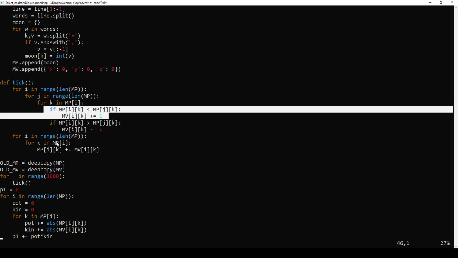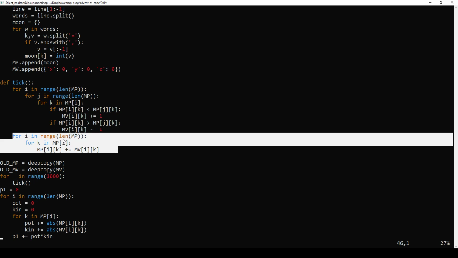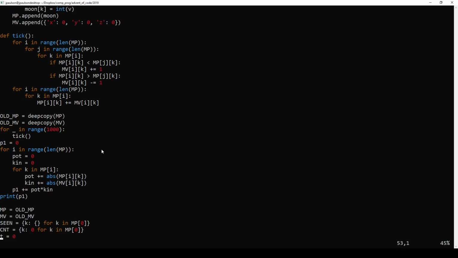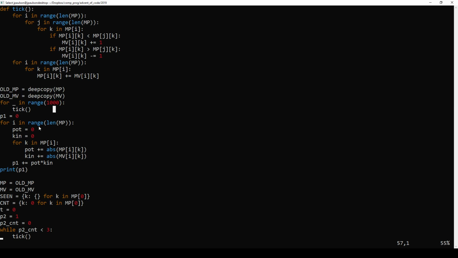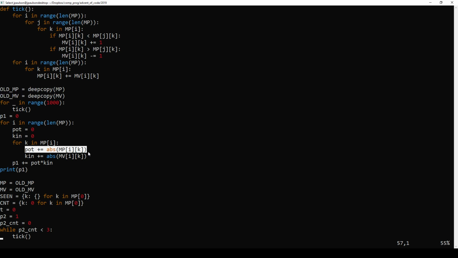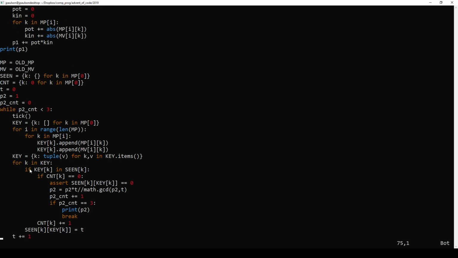It's also if j equals i. And then we just apply the velocities. So for each moon and each axis, the position increases by the velocity. Okay, that's how ticking works. So for part 1, you just tick 1,000 times, and then you add up the energies. The potential energy is the sum of the absolute positions. The kinetic is the sum of the absolute velocities, and then you multiply them together and add them up. Fine. Part 2, trickier. Part 2 says how long until they repeat, and it warns you it could be